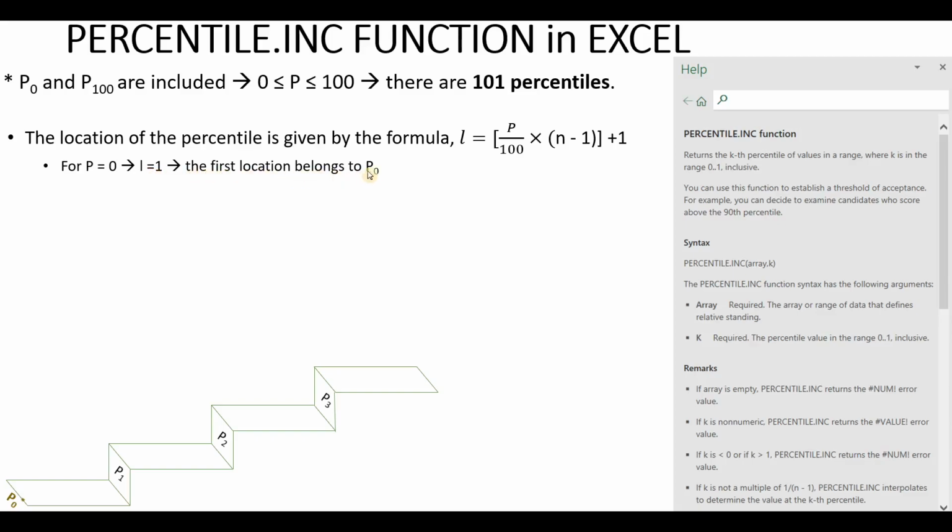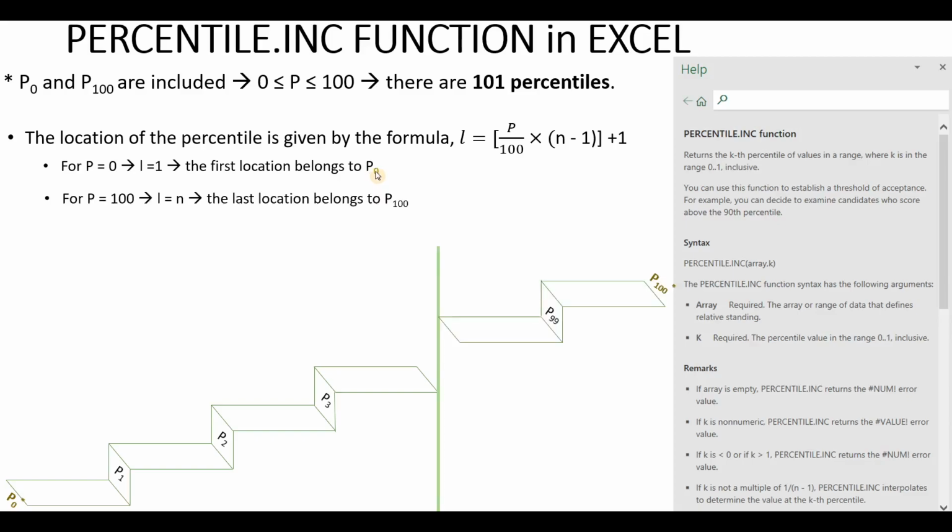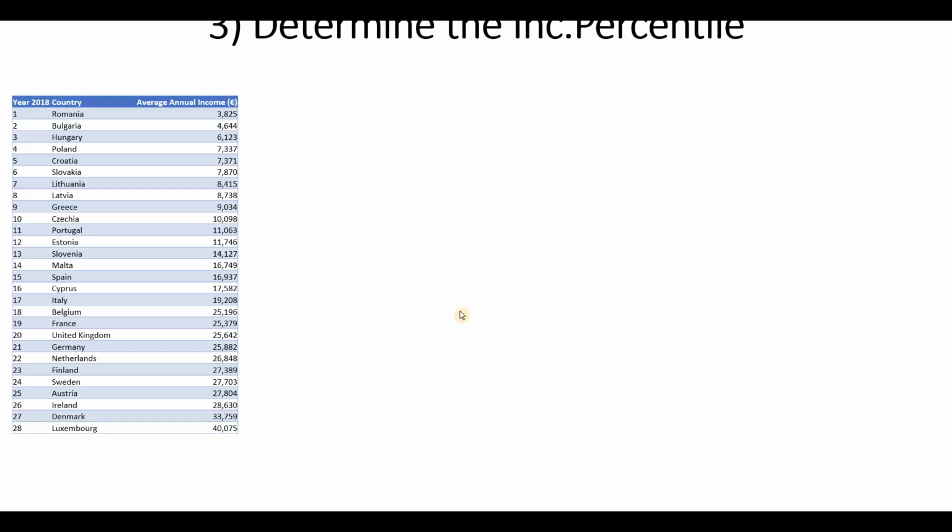So the first location belongs to percentile 0. And for percentile 100, the location is equal to n, so the last location belongs to percentile 100. The location of P60 is equal to 16.6 after applying this formula.